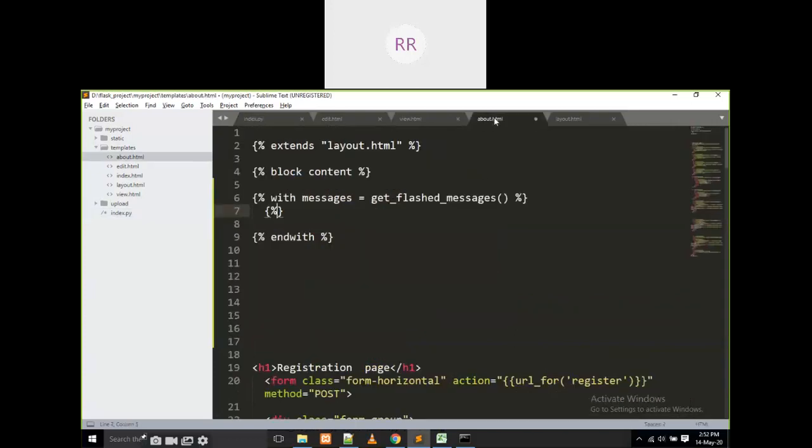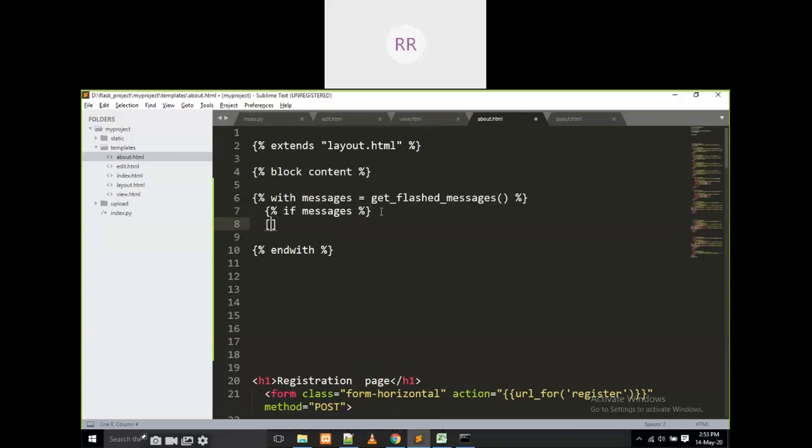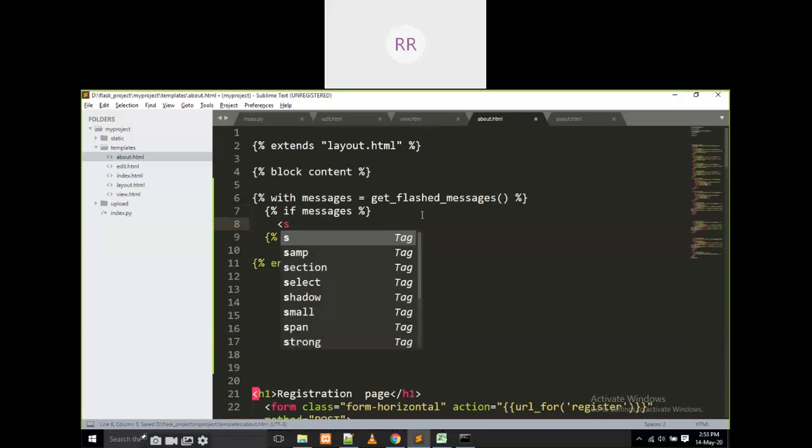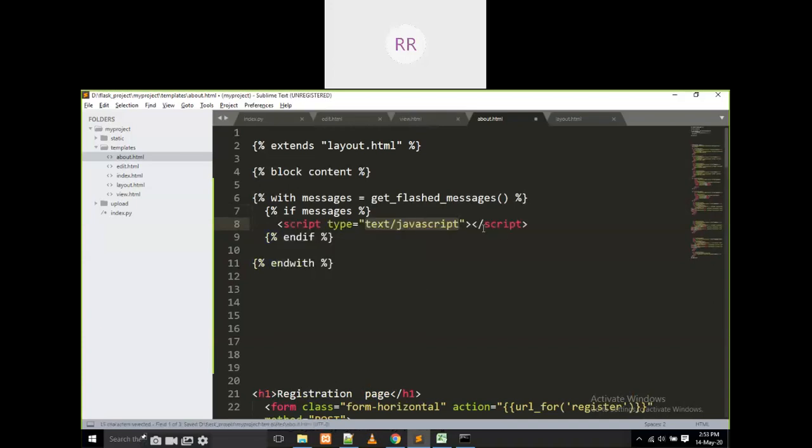That's why I am writing here, if messages are there, then only I am going to call one thing. This is end if. Then only I am going to call one script here, script open and script close.